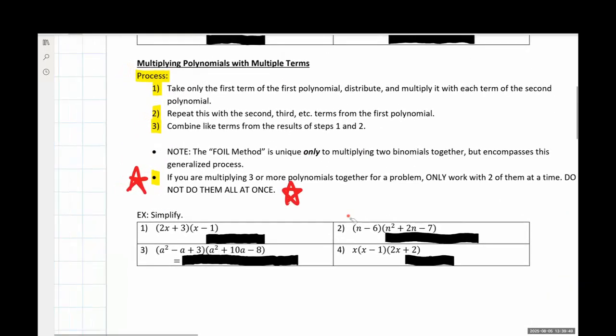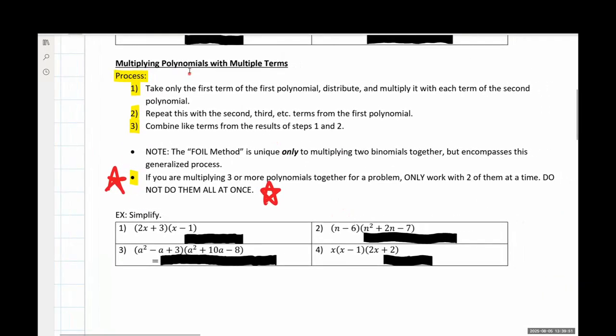So when we are multiplying polynomials with multiple terms, this is what we're going to be using. And I am warning everyone right now: deviate from this and skip writing steps down at your own peril. A lot of people can do the individual multiplication things in their head, which is great. Please, for your own sake, write these results and write these things down along the way. They become really messy really fast.